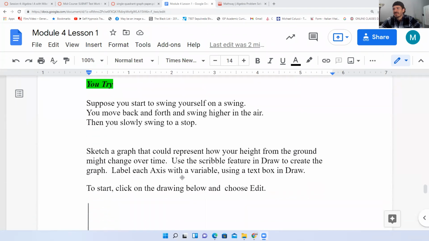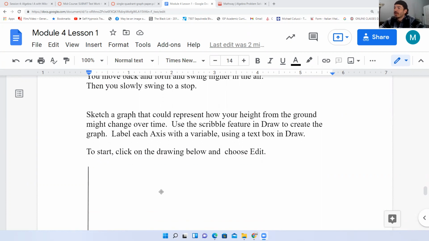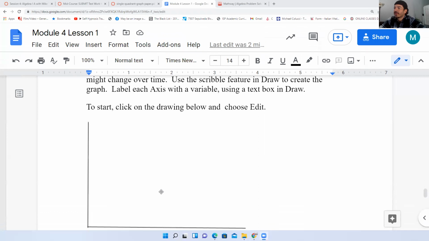It's sort of tricky. Okay, suppose you start to swing yourself on a swing. That's fun. You move back and forth and swing higher in the air, then you slowly swing to a stop. Sketch a graph that could represent how your height from the ground might change over time. Use the scribble feature in Draw to create the graph. Label each axis with a variable using a text box. To start, click on the drawing below. Okay, so I think